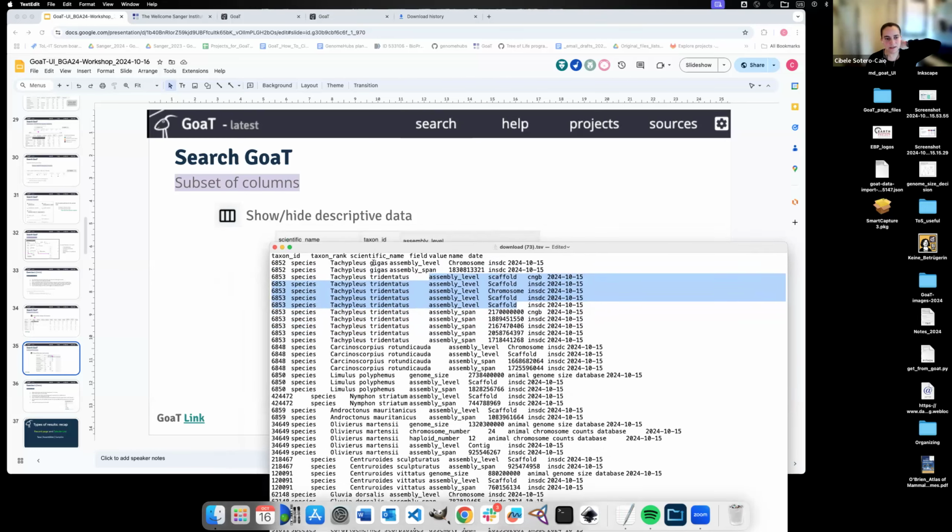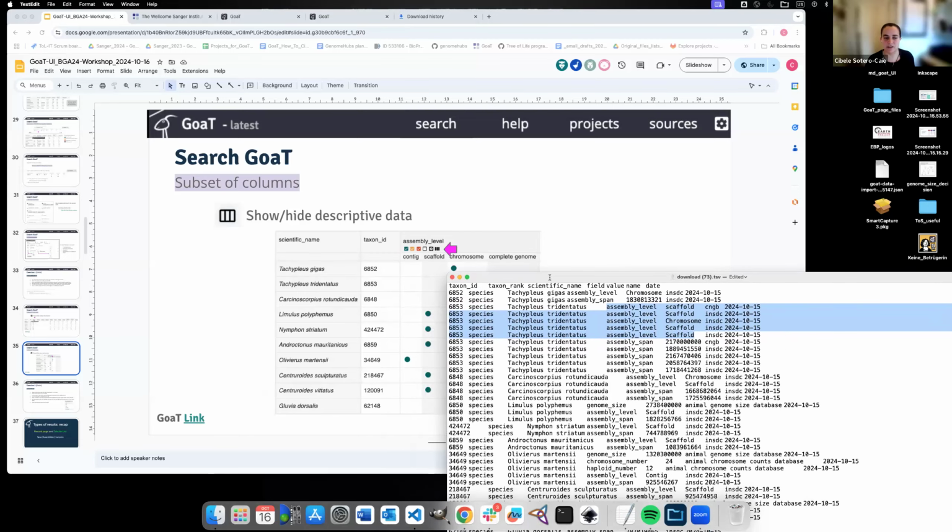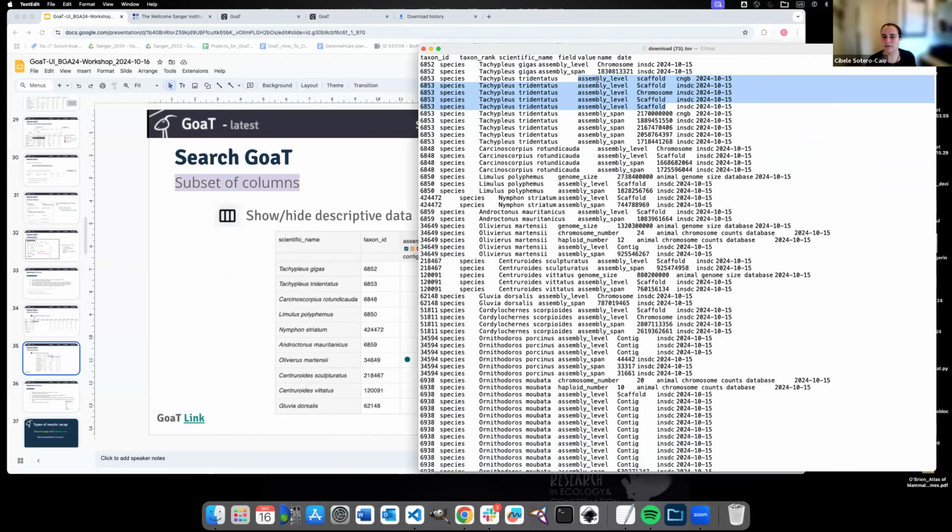But that's how you see that this is a summary, and whatever you have here is the raw data. But you can imagine that for 1.8 million taxa species, downloading always something like this will make people completely crazy. So only if you need it, pick your subset of query terms, and then you can play with this. But if you do want every single value in Goat, you can get it.